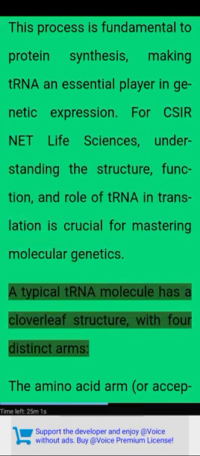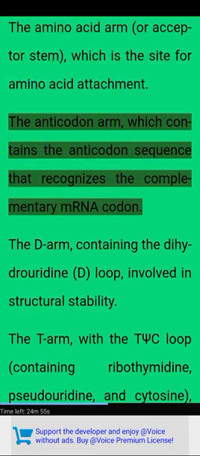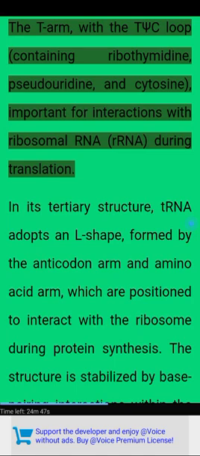A typical tRNA molecule has a cloverleaf structure with 4 distinct arms. The amino acid arm or acceptor stem, which is the site for amino acid attachment. The anticodon arm, which contains the anticodon sequence that recognizes the complementary mRNA codon. The D arm, containing the dihydrouridine D loop, involved in structural stability. The T arm, with the T-psi-C loop containing ribothymidine, pseudouridine, and cytosine, important for interactions with ribosomal RNA, rRNA,